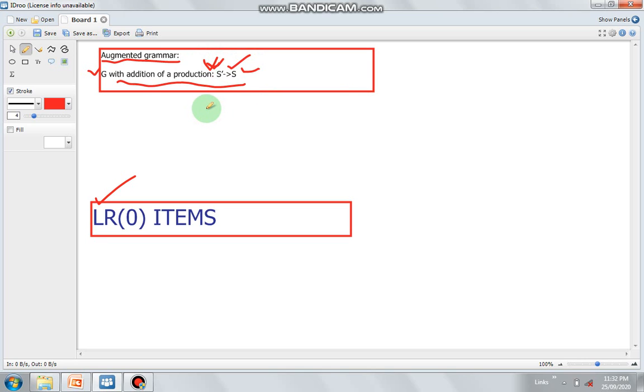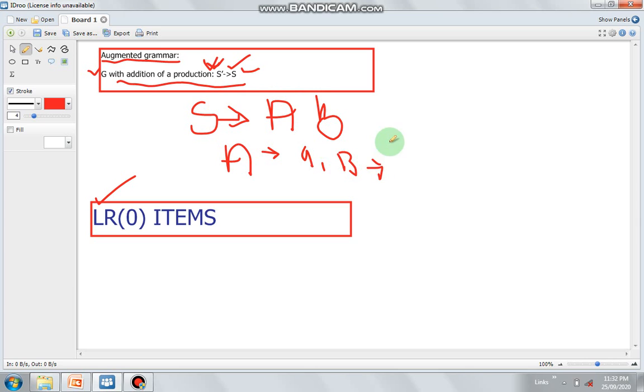So let's take an example of augmented grammar. Suppose this is your given grammar: S produces AB, and A derives A, and B derives B. This is your given grammar, and you need to construct the augmented grammar for this given grammar G. So what would be the augmented grammar?